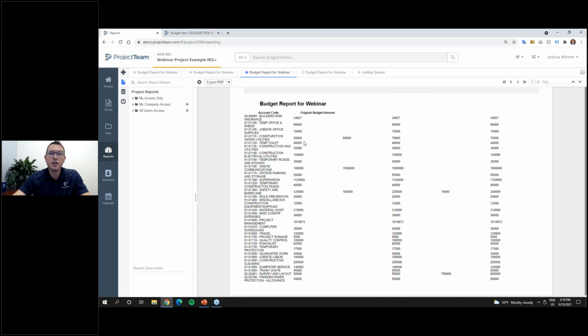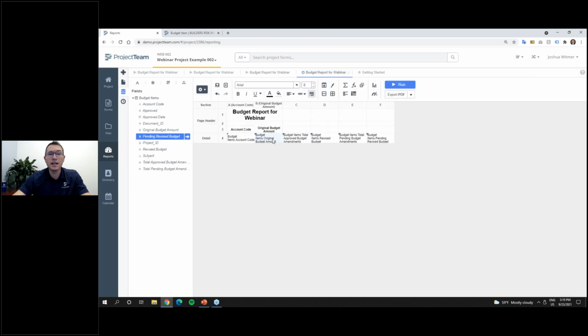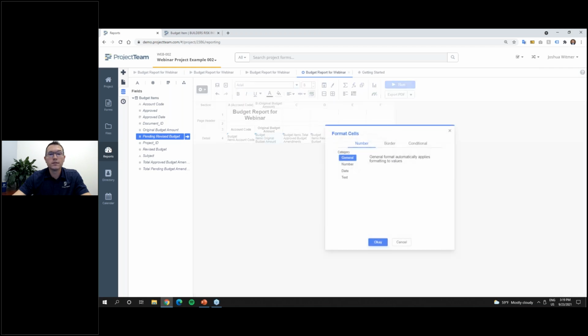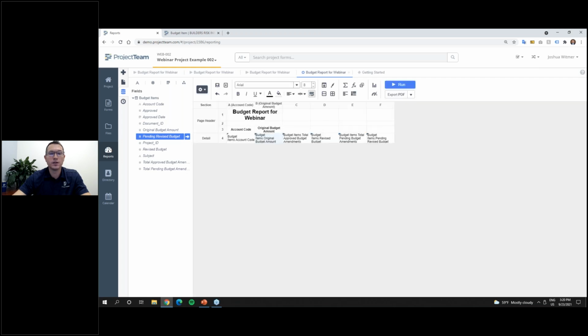The other thing that's a little bit funny to me is I've got all these numbers in here, but it's kind of hard for me to read, not only because there's no commas, but there should maybe be a $ in front of that or something to show me that it is currency. So you can do that in the system as well. So I'm going to go ahead and back here. I'm going to highlight this one, go to the formatting, say that it's going to be a number. I'm going to use currency fields, and this one was already checked for me, use the 1000 separator,